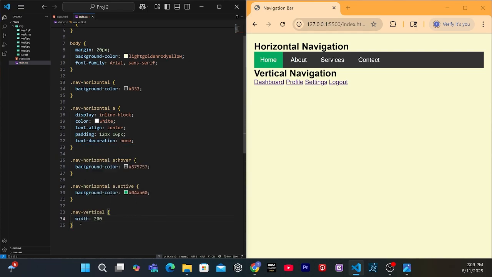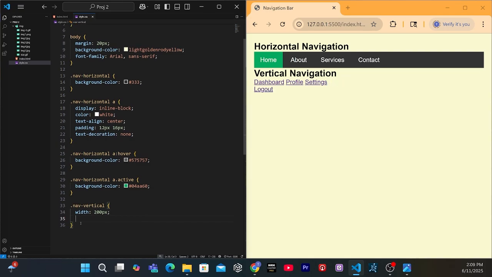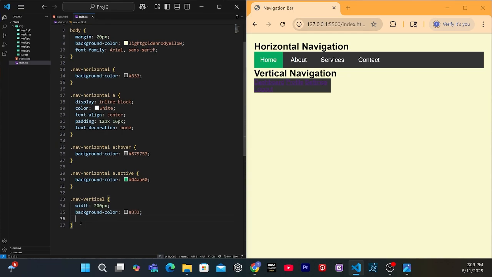We'll go 200 pixels on the width, and we'll go background color. Okay, and we'll go padding 10 pixels to 0. All right,